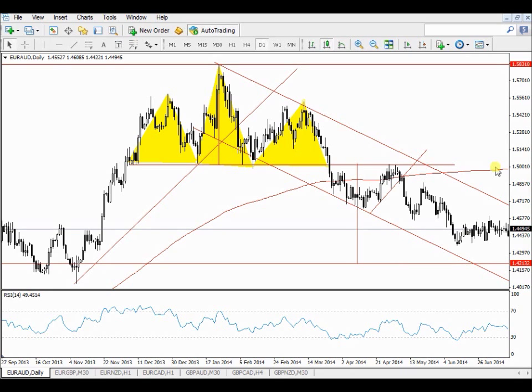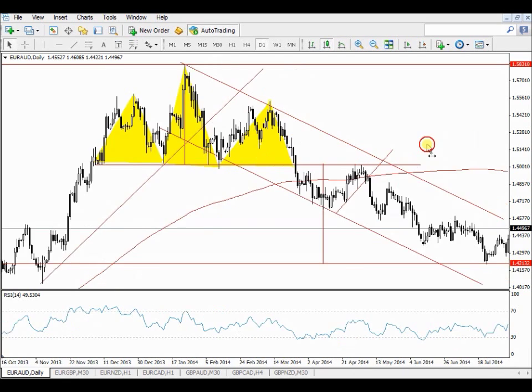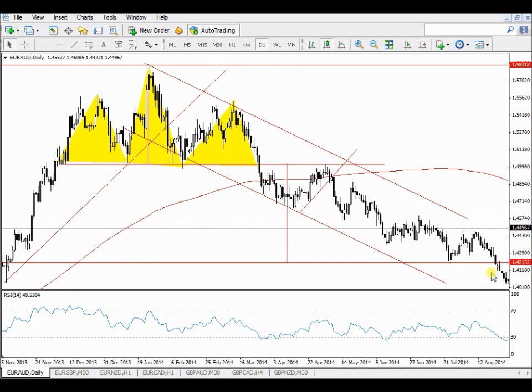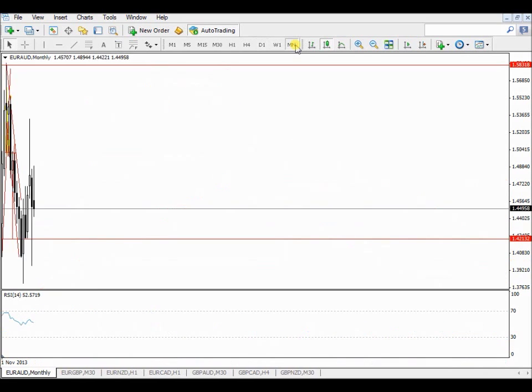If I sell this market at 1.5 on my head and shoulder pattern that broke the support, I am aiming for 1, 2 and 3, and I want to see there the market took me out. There's a nice 800 pip trade, just because I understand resistance and support, and I kept to the rules of head and shoulder pattern. Any questions on that?